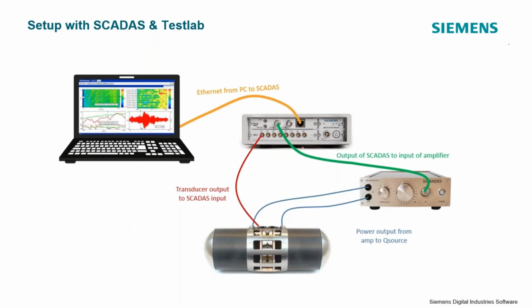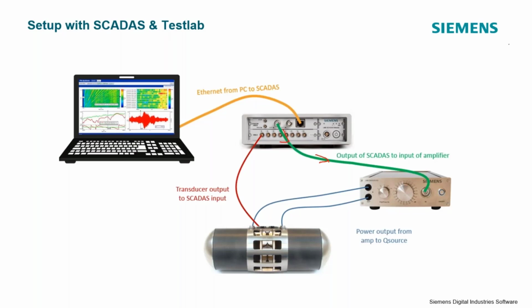So essentially, if you have a SCADAS front end, you're used to acquiring data, microphones and accelerometers, using the input channels here, but every SCADAS will also come with 2 source outs. If you've ever run a modal shaker or hooked up a speaker to your source out, you know this functionality is there. If not, you have 2 source outs, and this is a signal generator. You can have 2 channels of independently controlled signals. So essentially, we're going to send a signal out of the SCADAS. It's going to send it right to this amplifier, where there are specialized amps made to be used with these Q sources, essentially plug and play.